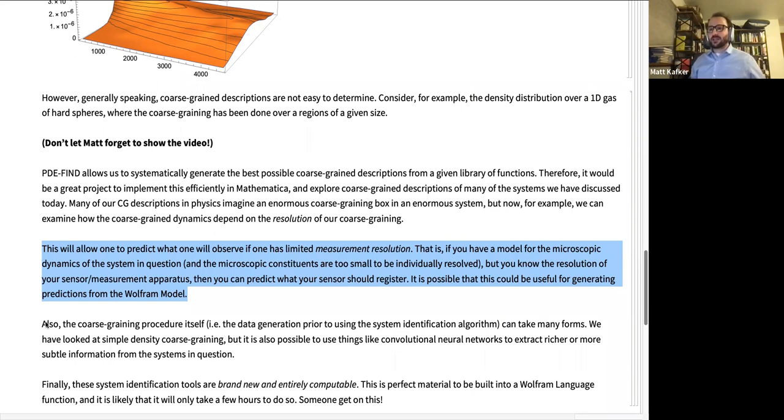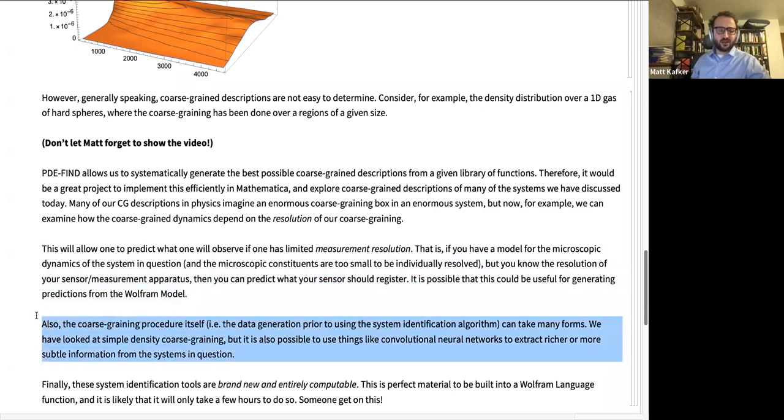And there's nothing special about the hard spheres in this case. You can imagine doing this with any of the particle simulations, or if you want to construct your own, or if you have experimental data, probably wouldn't work. Simulations are a really good testing ground for this type of thing. So it does seem to me like there's an interesting collection of questions that can now be addressed using this modern statistics type machinery that may not have been possible before.